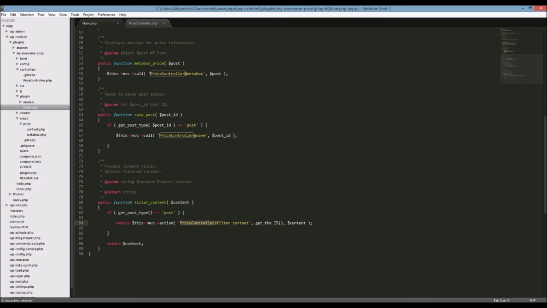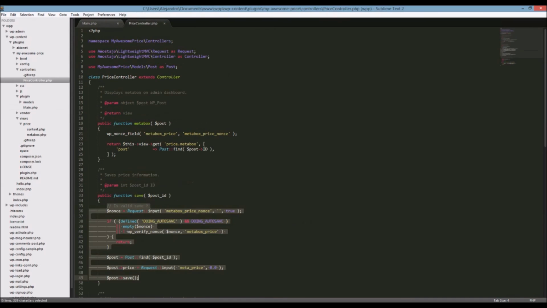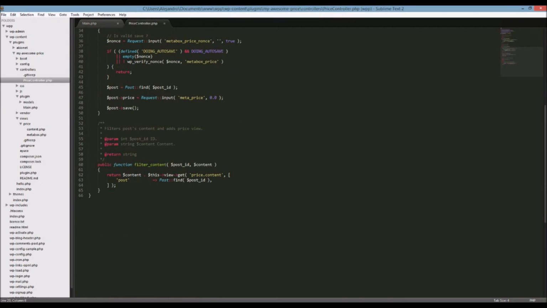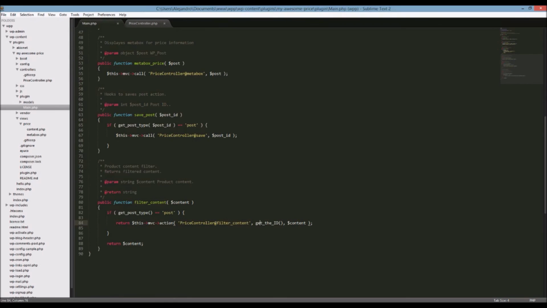So what we do is use this MVC action instead of call, and we call the price controller filter content. As parameters, if we go here and double check, we are expecting the post ID and the content. To do that, we call the get ID function that is part of WordPress, and the content that the filter is passing as parameter. So with only this,